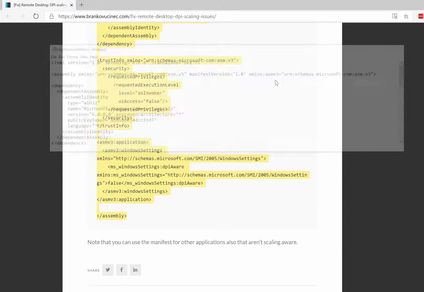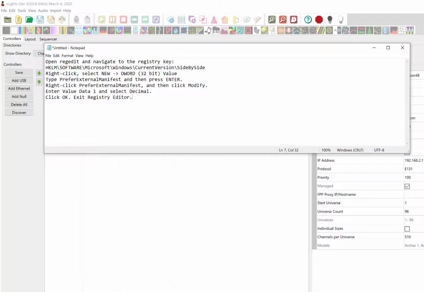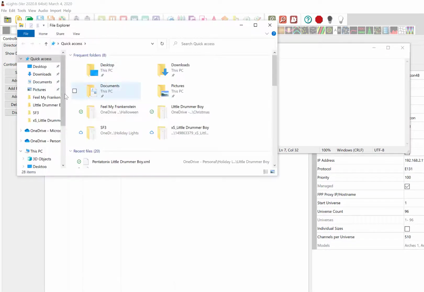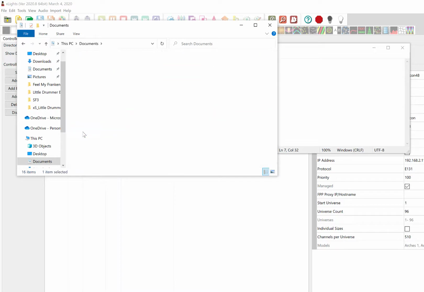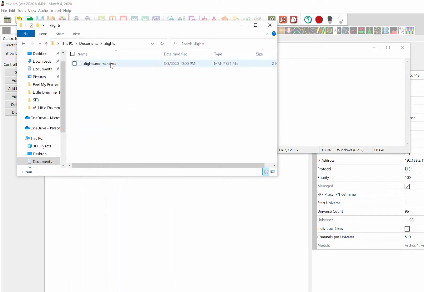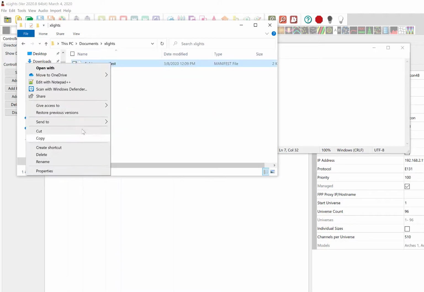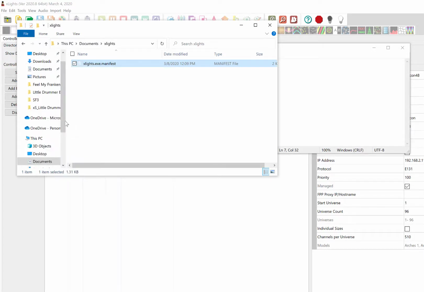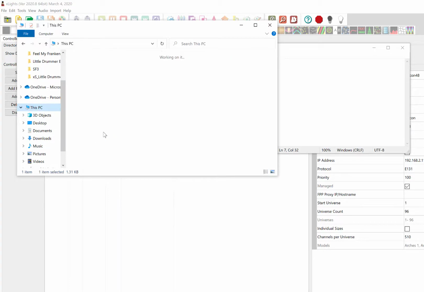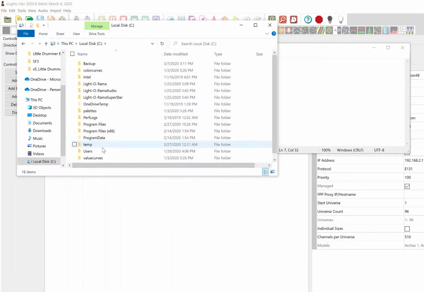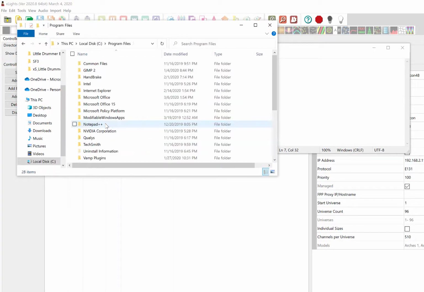Okay. I'm going to close that. I'm going to bring up File Explorer, and I'm going to go into that xLights folder that we just looked at. So let's go to Documents, and we'll go down to xLights, and I'm going to grab this file right here, and I'm going to go ahead and cut it. Now I'm going to go down to C, Program Files, xLights,